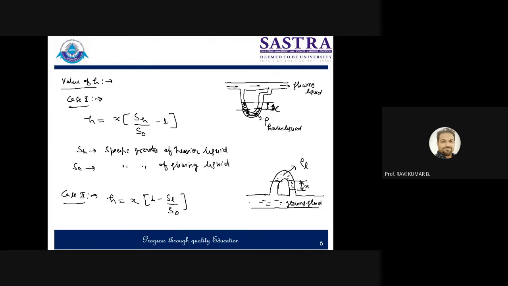There is even a third case. This is for the horizontal case. If it is going to be inclined, then what will happen? When it's inclined, one more term will get added up here, that is called datum. Datum you need to add. This is for the case of horizontal flow. These two cases we have seen, this is horizontal. So I will write here, horizontal flow. We have considered horizontal flow here, and for that these two cases we have seen.